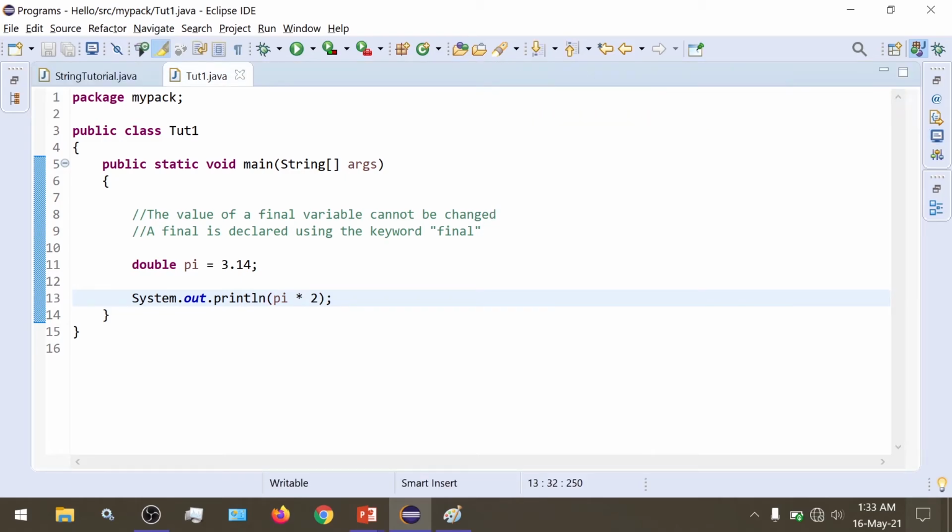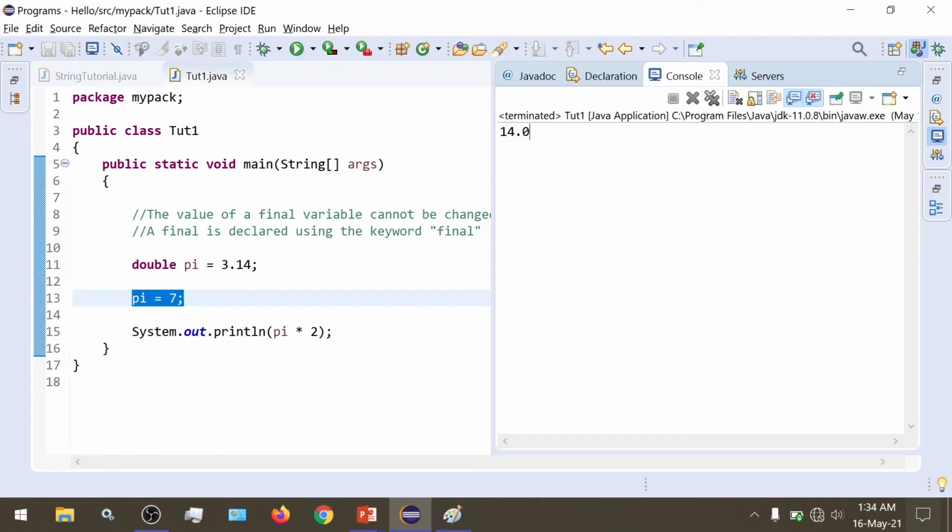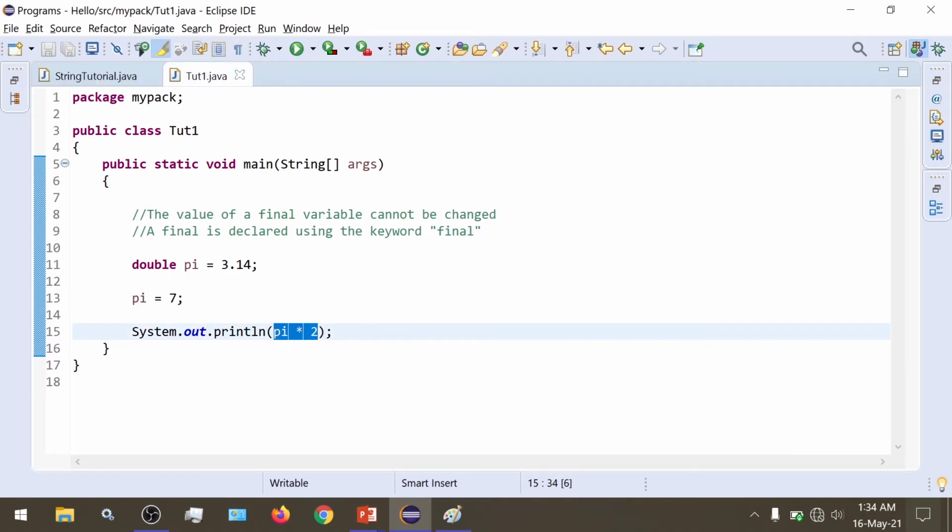Now suppose we have defined the value of pi, mathematical pi, in our program, and we are using it for lots and lots of mathematical calculations. Now in the program, if at any point this statement executes and the value of pi is changed, then we would get a different answer here, and all of our mathematical calculations can go wrong.